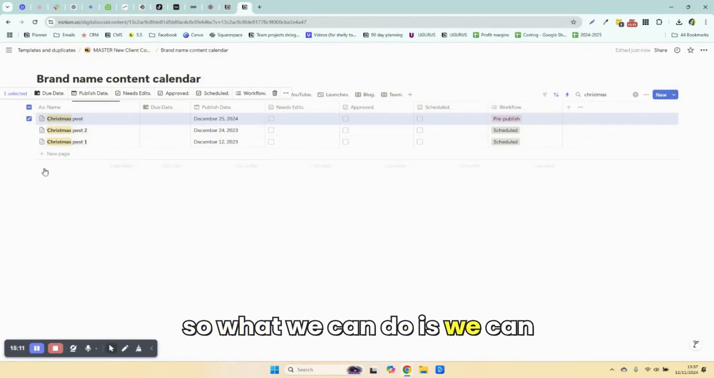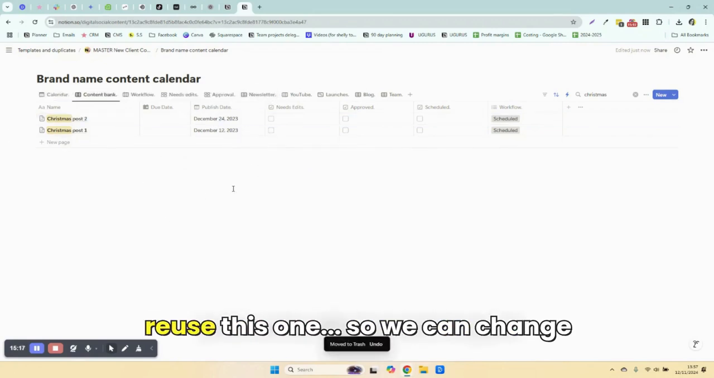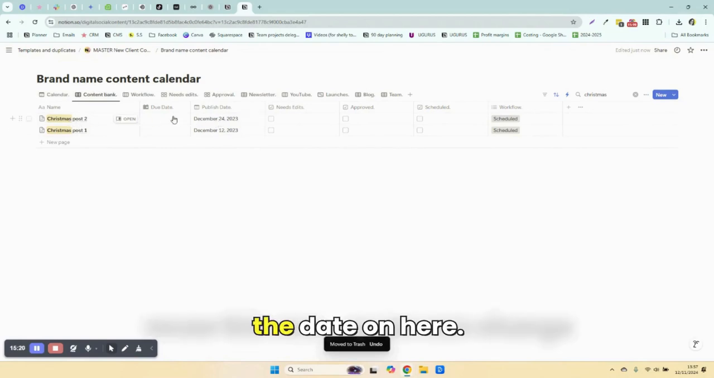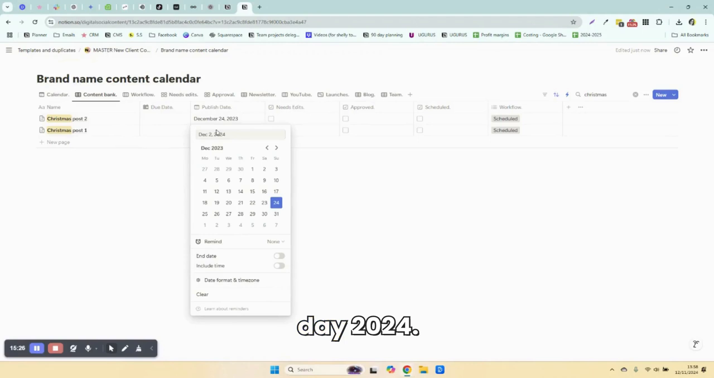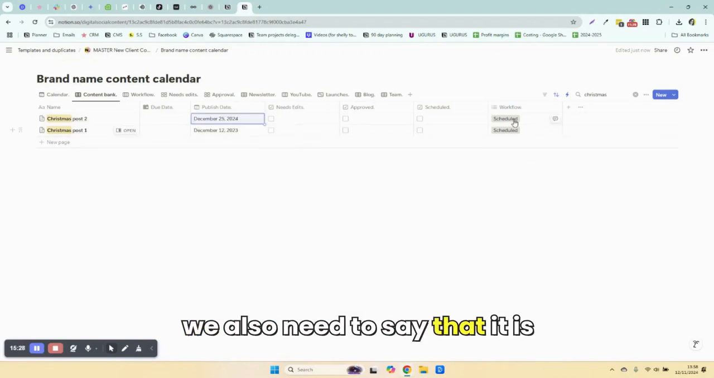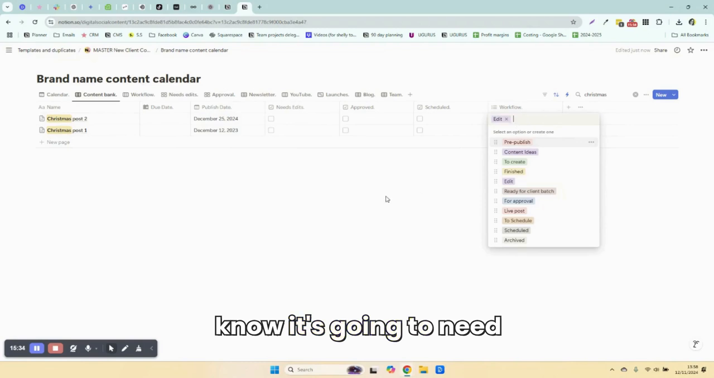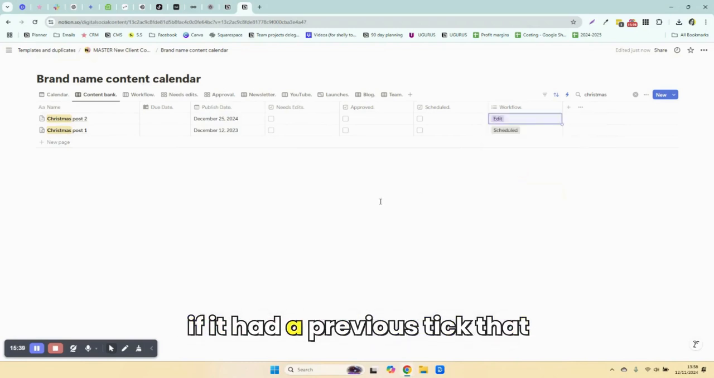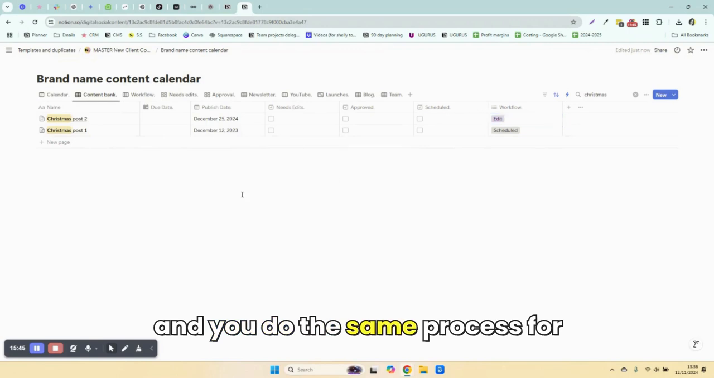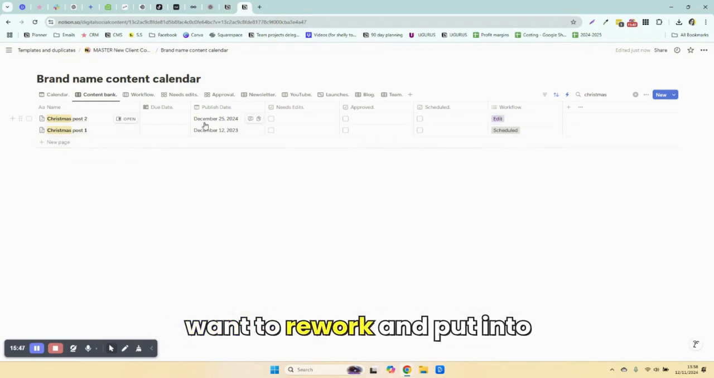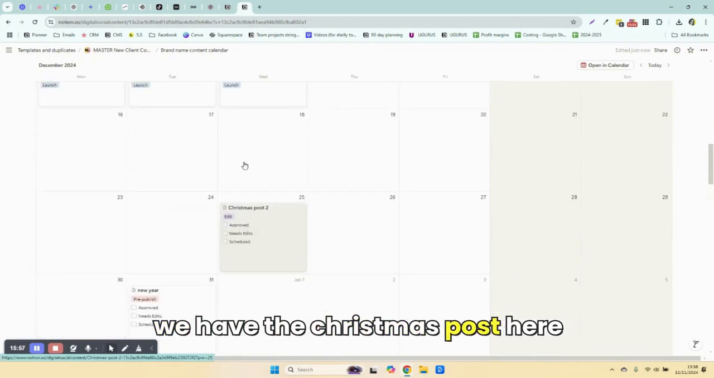So what we can do is delete the one that we had for the 25th, because we know we don't want that. And actually, I want to just reuse this one. So we can change the date on here. Let's say I'm going to change the date to Christmas Day 2024. We also need to say that it is to create or to edit, because we know it's going to need some working. It can't be scheduled yet. If it had a previous tick that it had already been scheduled, then you need to unclick that. And you do the same process for all the other content that you want to rework and put into the new calendar month. So now when we go down, we have the Christmas post here, which is ready to edit,